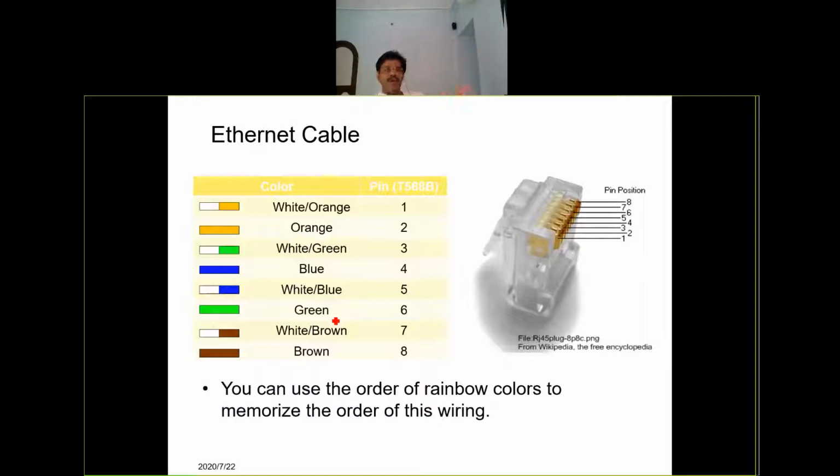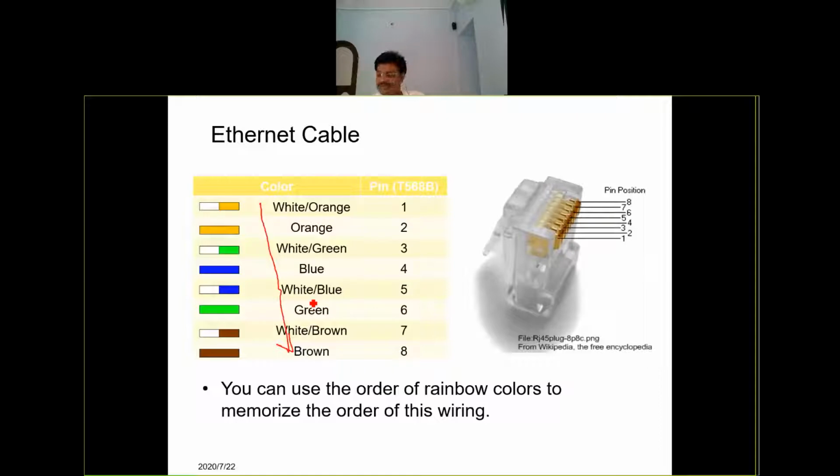Whenever at both the ends we have the same sequence of colors for the conductors, that cable is known as a straight cable. That means same sequence of color codes at both the ends, then that cable is said to be a straight cable. Straight cable is provided for the Ethernet type of data networking.